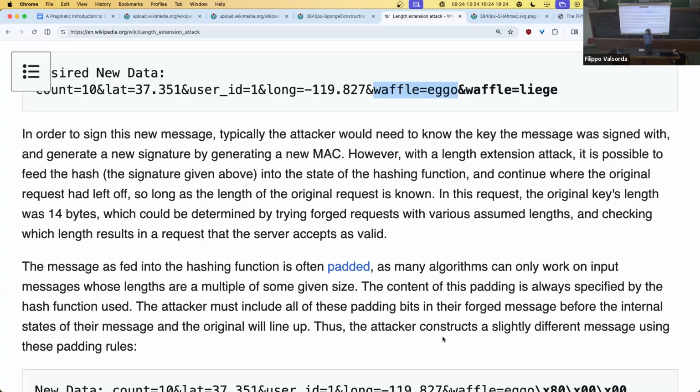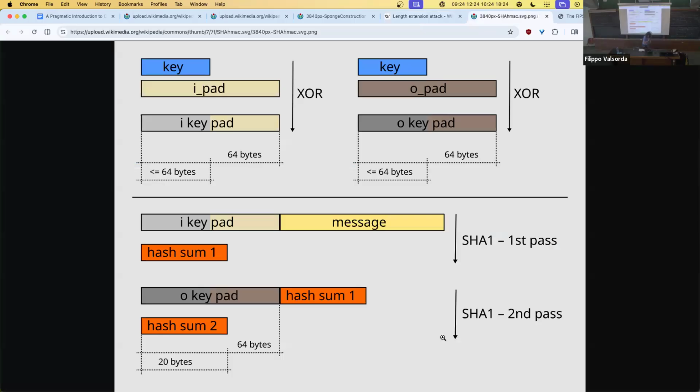But this is cryptography, we can just keep building things on top of things. We have a hash, we want a message authentication code, a MAC. How do we build a MAC out of a hash? HMAC. HMAC might be the most versatile function because it's a double PRF. So it's a pseudo-random function with 2 inputs.